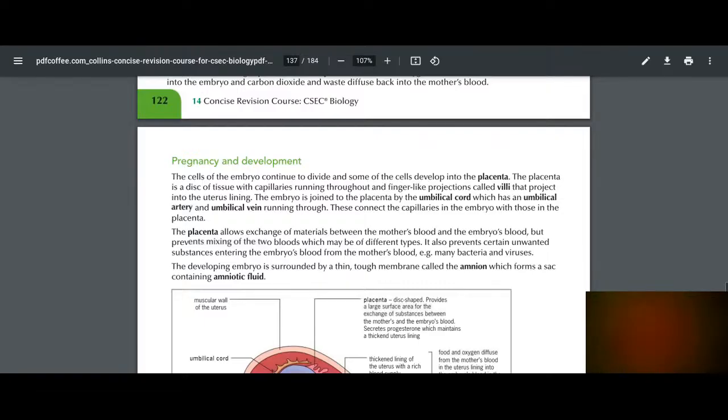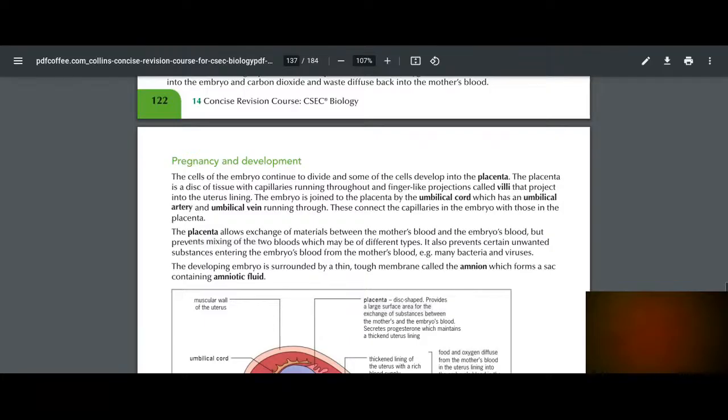the placenta, the umbilical cord, the umbilical vein, and the arteries. So the cells of the embryo continue to divide, and some of the cells develop into the placenta. Then the embryo is joined to the placenta by the umbilical cord, which has an umbilical artery and umbilical vein running through. Then the function of the placenta is that it allows the exchange of materials between the mother's blood and